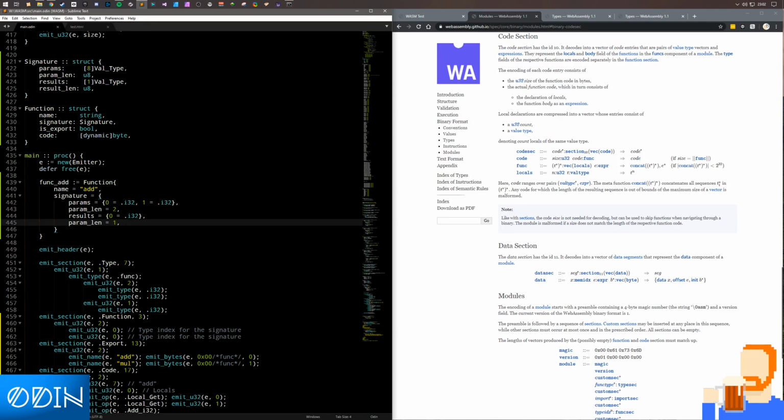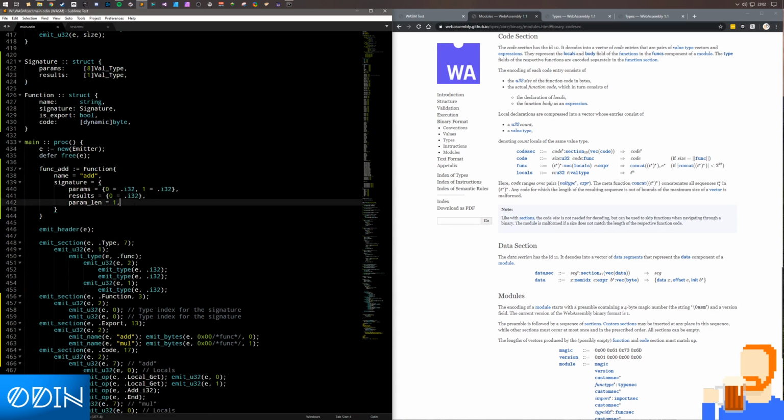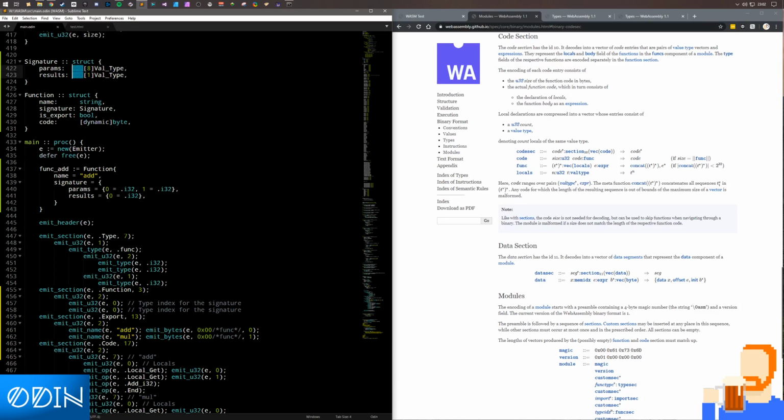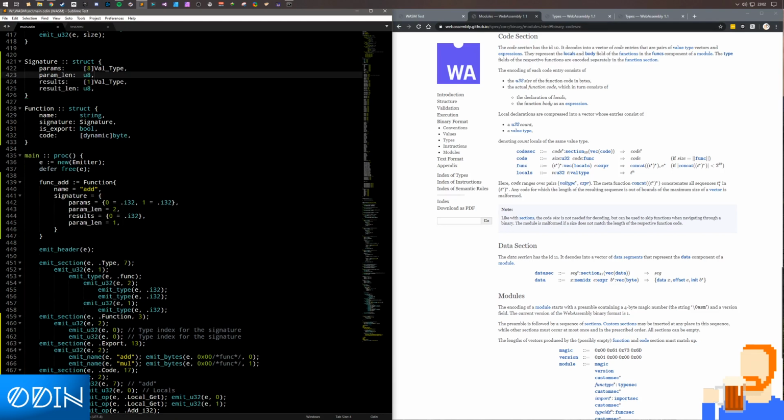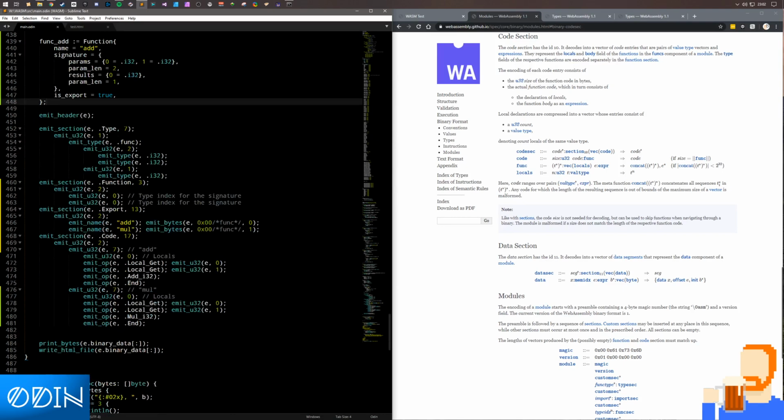Now, theoretically, because these types aren't ever going to be 0 if they're a type, we can actually generate it from that. So it's null termination, chaps. Actually, that's not a bad idea. Why didn't I think of that? It's probably a bad idea in the actual long run, but I should just screw it. Let's just do it like that. Yeah, keep it correct. So there's the signature. Is export is true. And then we haven't got the code. So the code,